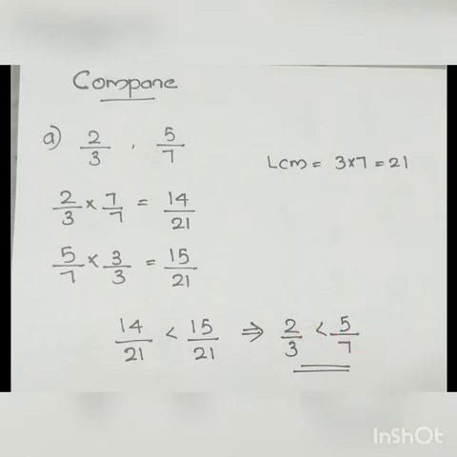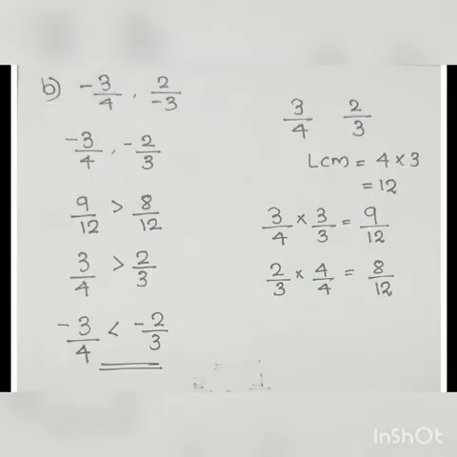Now if both the rational numbers are negative, negative 3 by 4 and negative 2 by 3. Here both are negative rational numbers. So what will you do? When you find both the numbers are negative, ignore the negative sign. I am not taking the negative sign. Okay, so 3 by 4 and 2 by 3. Then I am comparing using the normal method. Finding the LCM, I got 12. 4 and 3, the LCM is 12. And I converted the fraction 3 by 4 into 9 by 12 and 2 by 3 into 8 by 12. So 9 by 12 and 8 by 12.